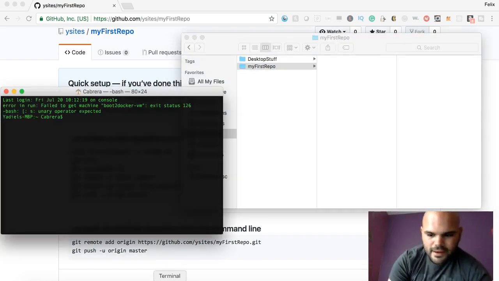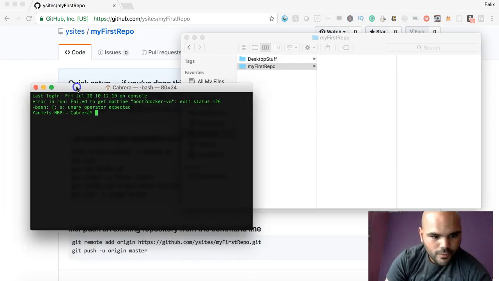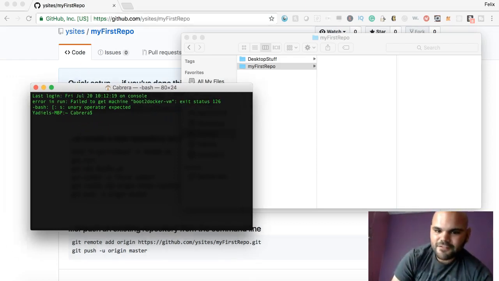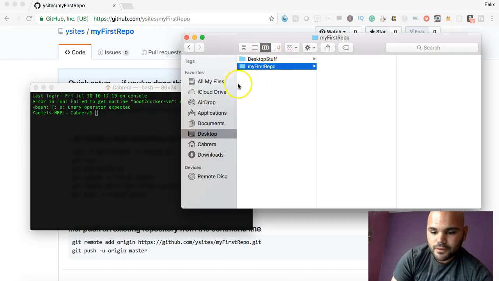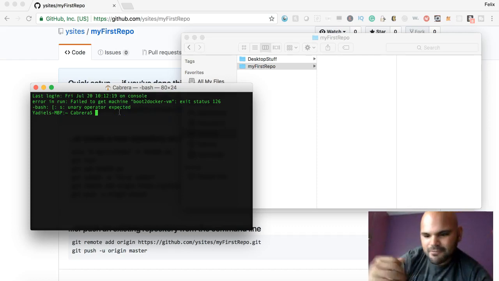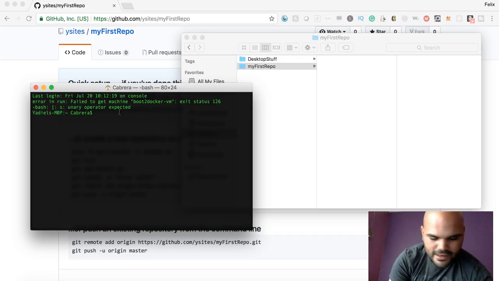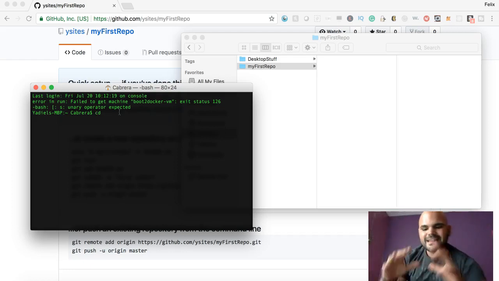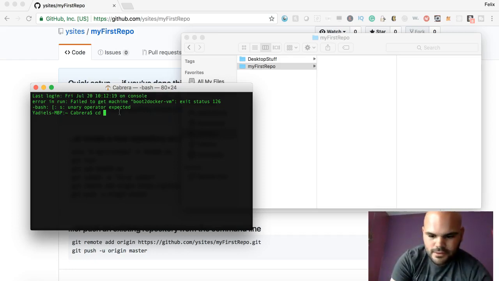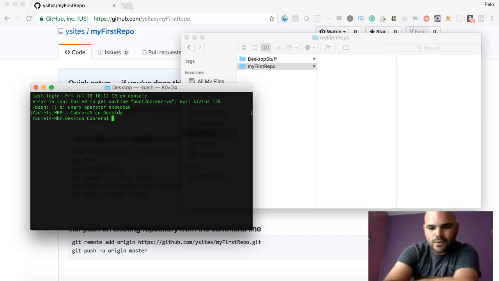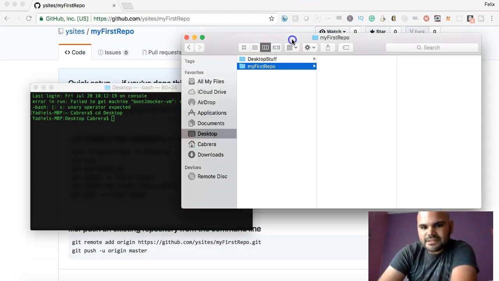And we're gonna go ahead and find this folder in our desktop folder. There you go. So we're gonna do it like this. First we're gonna do cd, which means change directory, to desktop. And so what we just did there is that we navigated to the desktop